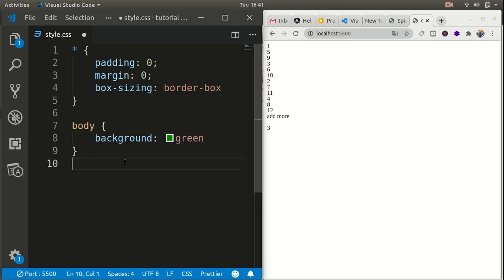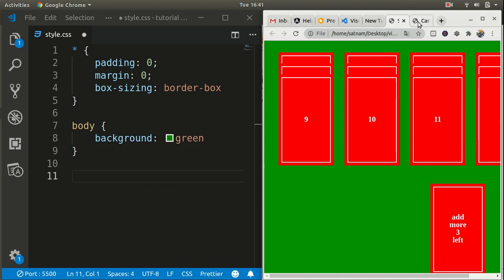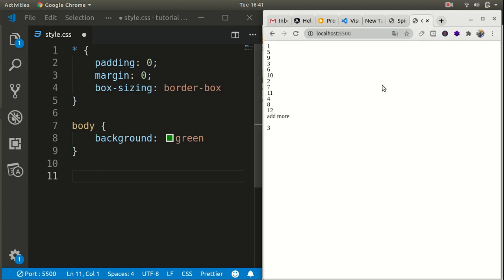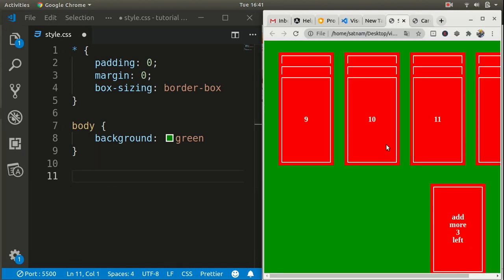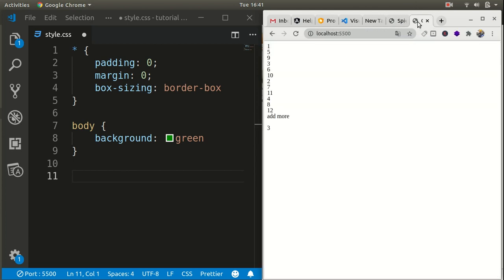And then after body we have container. The container holds each and everything on the page, so let's style it.